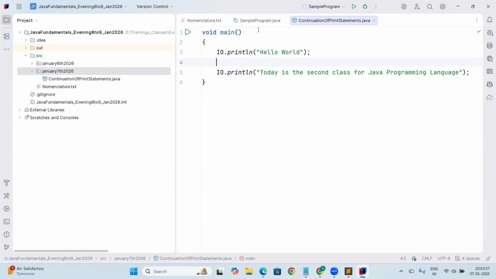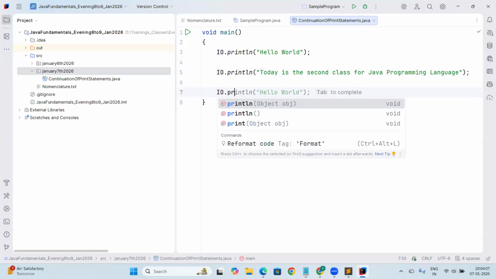Hello World, and both the statements would be displayed. How will they be displayed? One after the other. Yeah, one after the other. So io.println